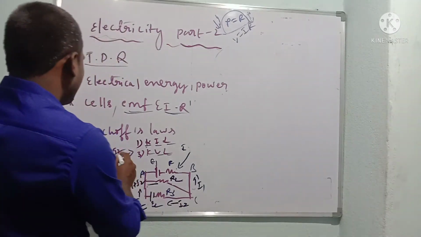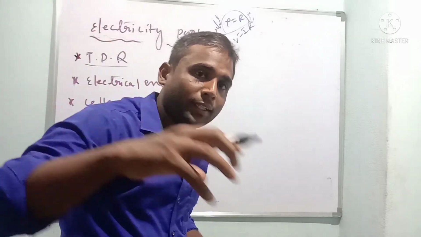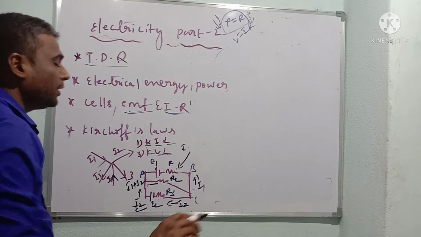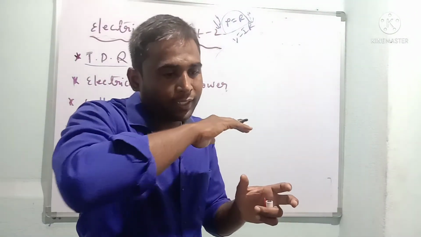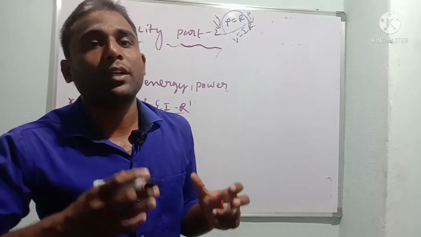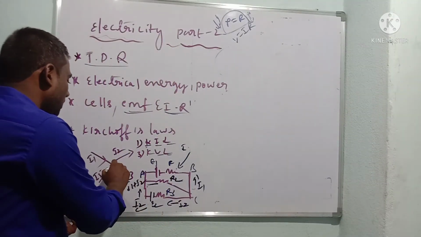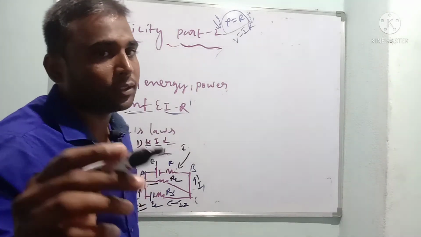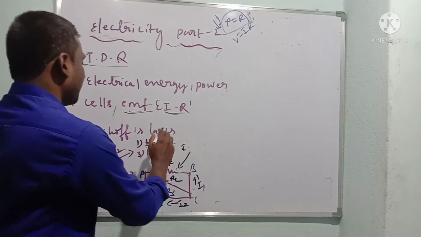So what it is telling is that the sum of the entering current and leaving current in the system is always equal to 0. Means at the junction the sum of the entering current is equal to the sum of the leaving current. Hence we can't lose any amount of electric current. So at the junction, the sum of the electrical current in the closed circuit is equal to 0. That is Kirchhoff current law.